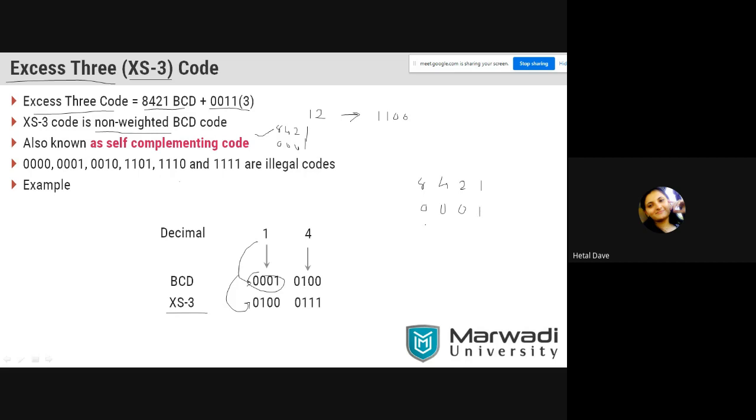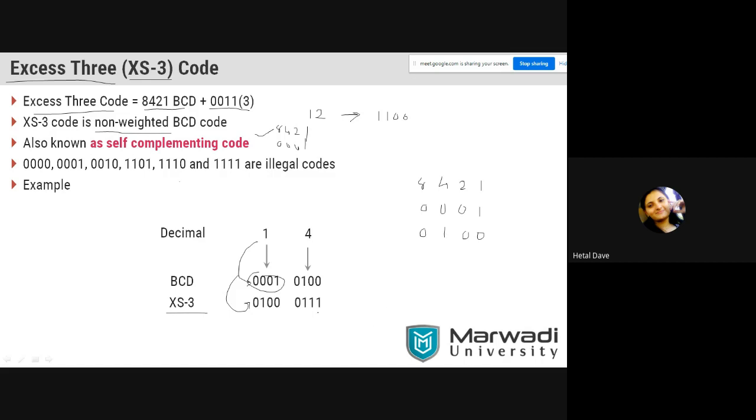Let's say the next bit pattern, for 4. What is the bit pattern? 0100 in BCD. If I want to represent 4, how will I write it? 0100. So I can verify by means of its weight. Place of 8, 0 is there. Place of 2, place of 1, 0. Place of 4, I put 1. So I can verify this bit pattern by means of weight, 8421. That's why 8421 is a weighted code.